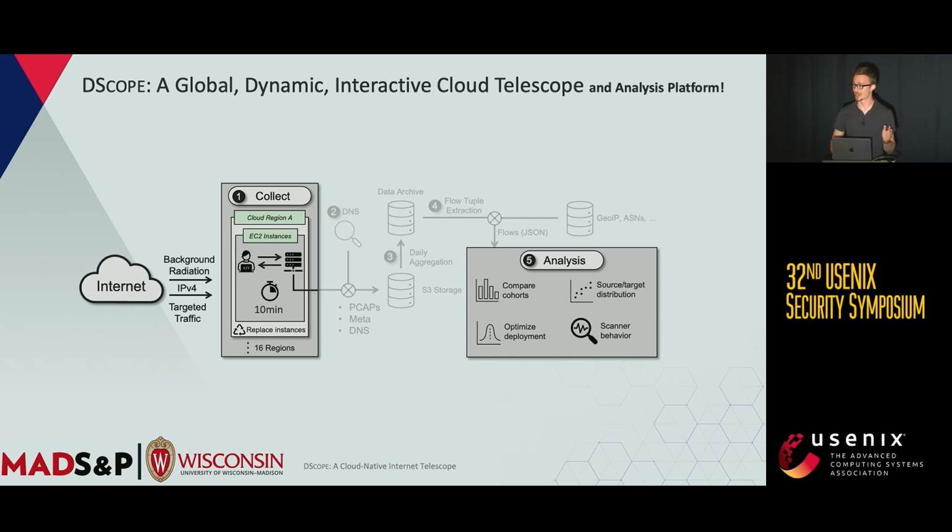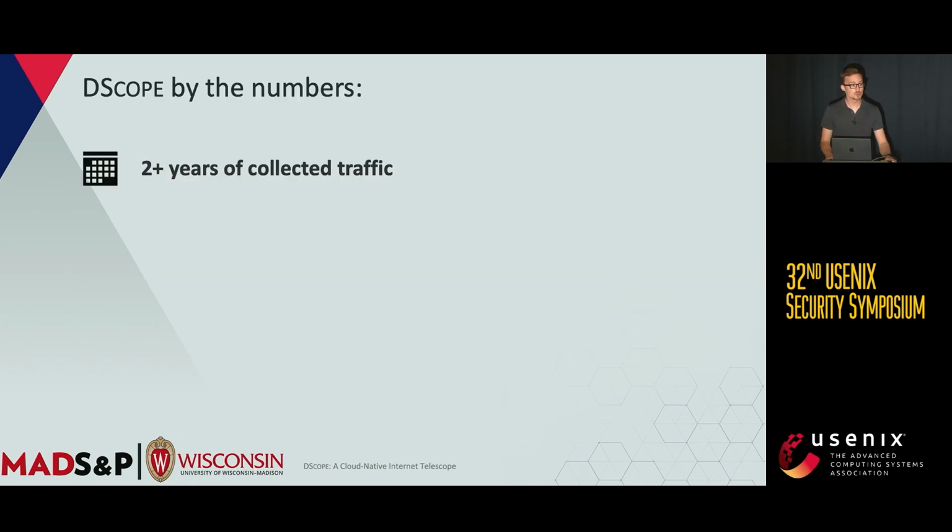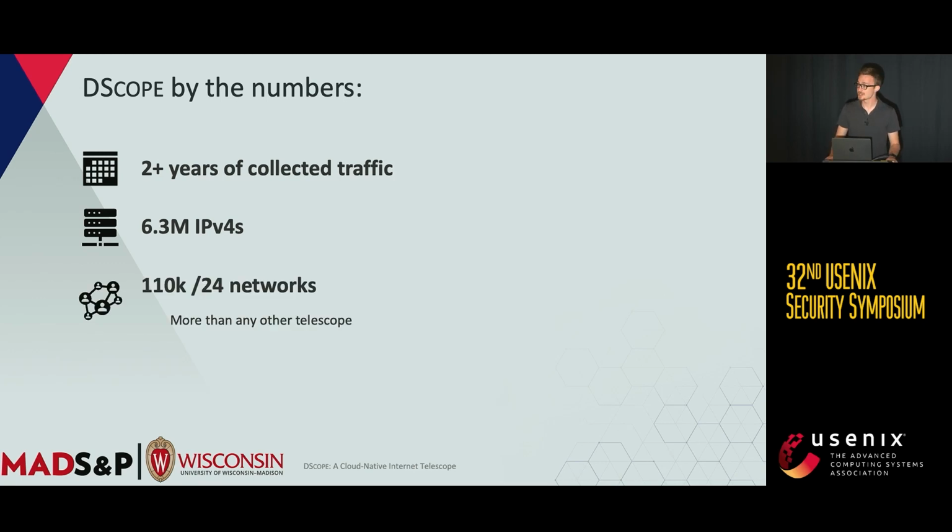And in a step that I think is one of the most important for open science, we're releasing the results of our paper as open data products from the research community to enable future science. Over the last 2 years of DScope being deployed on Amazon Web Services, we've collected data inbound on over 6.3 million Amazon IP addresses. And because Amazon has such a broad footprint acquired from many organizations over the years, these IP addresses span